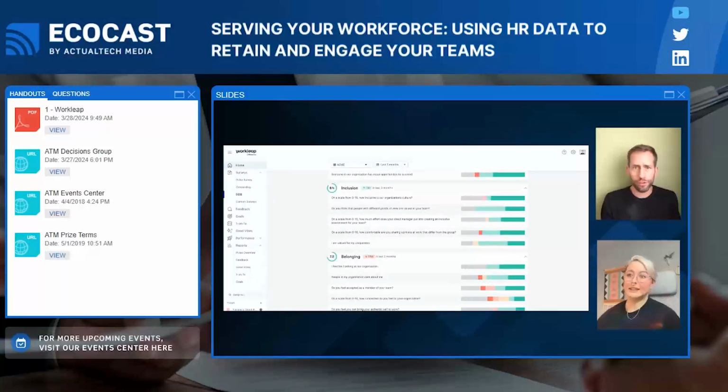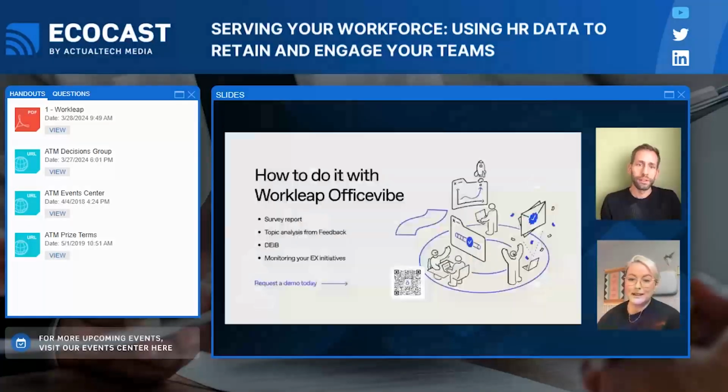What should they do? What's the first step? Yeah, absolutely. So they can reach out to us. I'll stop sharing and bring up my presentation again, because we do have a QR code in there where you can go directly to request a demo. So I'll just share that final slide here again. The QR code here will allow you to request a demo with our wonderful team and get in contact.